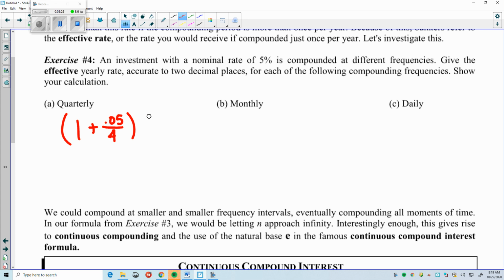Now, don't forget, what do we have up here? Up here, we're going to have our years that we're compounding this and the number of times. We only want this for 1 year, and the number of times we're going to be compounding this is 4 times. So plugging this all in, when we calculate this out, it looks like